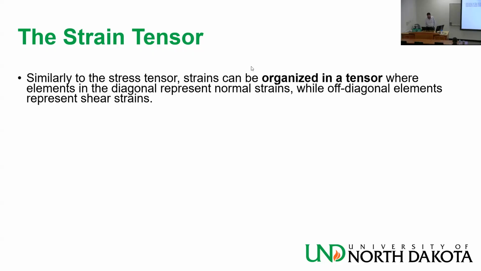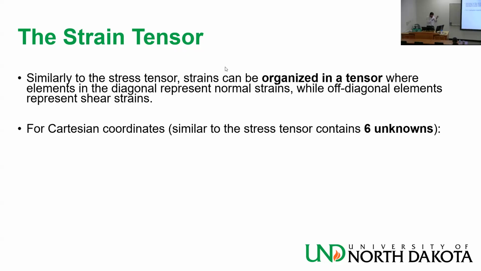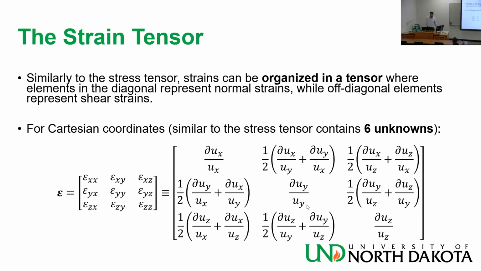Basically, it's an organized way to have the strains that are induced. Six unknowns, and they are very similar to the stresses. You have the normal strains on the diagonal, and then you have the shear strains on the